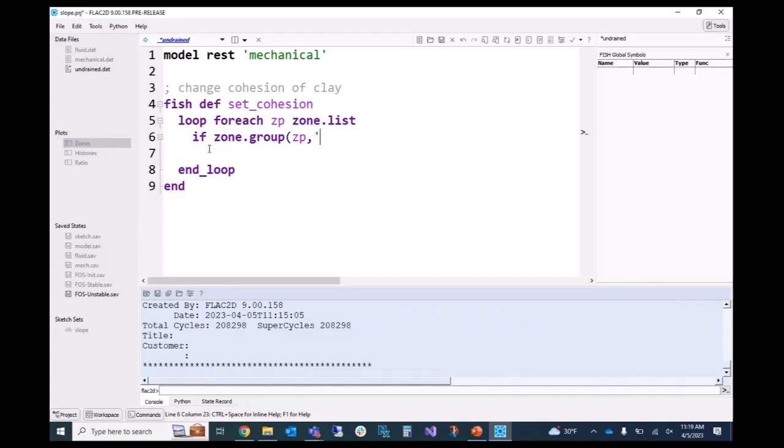Now remember, we have these different slots. So the slot called block, I think, had all those block names from the sketch. And when we assigned the property names, they went into the slot called construction. So I need to say, okay, if the zone group in slot construction, the syntax is like this. So I say zone.group of zp, comma, the slot name. So if the zone group in slot construction equals clay, in quotes, because these are all strings,